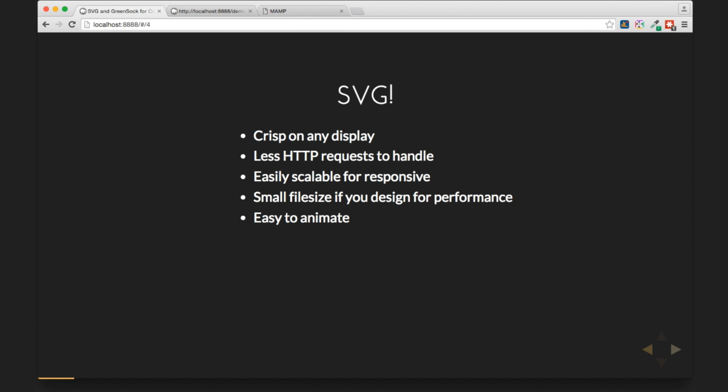It's really easy to animate. One of the things that I love about SVG is that it has a navigable DOM, so you can reach in there, you can grab things, you can move them around. It's very intuitive if you've been using HTML and CSS for your whole life. And one of the really great things about it is, unlike with Canvas, if it breaks down, there's still something there to debug. So that's nice for those kind of workflows. It's really easy to make accessible. Because of the navigable DOM, you can easily put title and ARIA tags in there and actually make it accessible for screen readers and blind people, even if it is a complex animation. And it's fun.